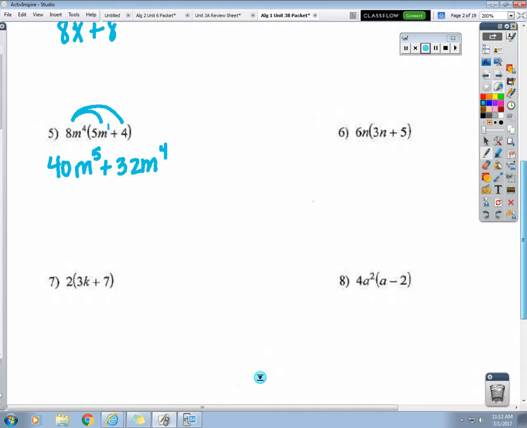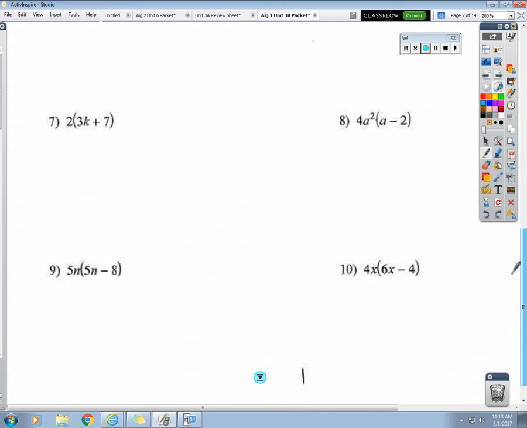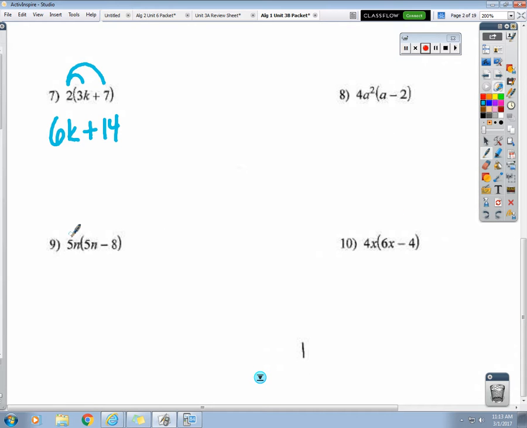Okay, number 7. Pay attention. 2 times 3k is 6k, and 2 times positive 7 is positive 14. Can you add those together? No. Number 9. 5n times 5n is